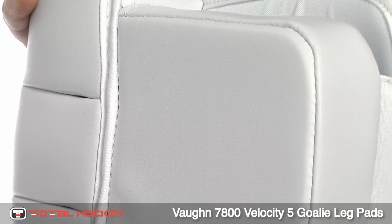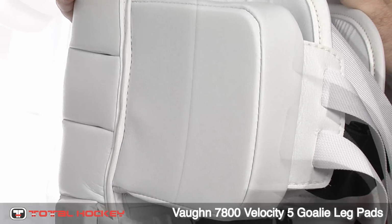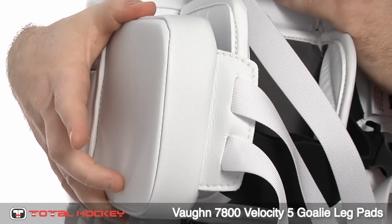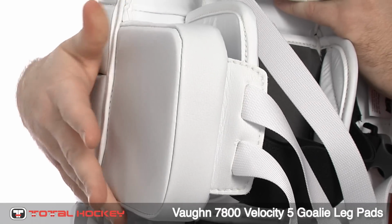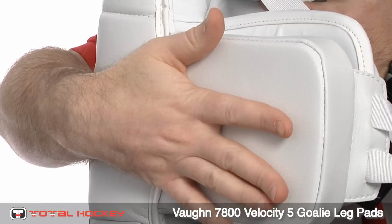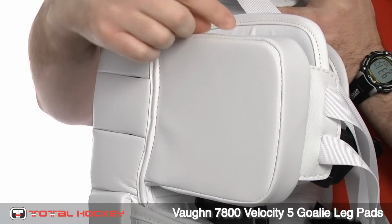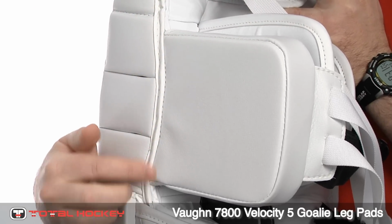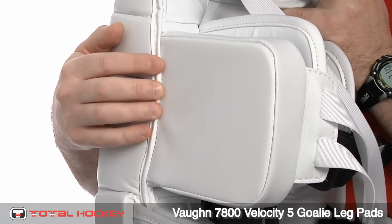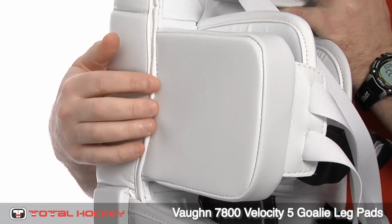One of the more interesting innovations that Vaughn's built into the 7800 pad is the combination knee riser and landing gear here at the knee. As you can see, it's one solid block as you've had in the 7600 model, but unlike the 7600, they've eliminated the extra flap that used to go over the outside. Now this solid landing block here has been sewn right into the inside edge of the pad. So this gives you a better response, and it gives a nice tall landing area, which should help your knee